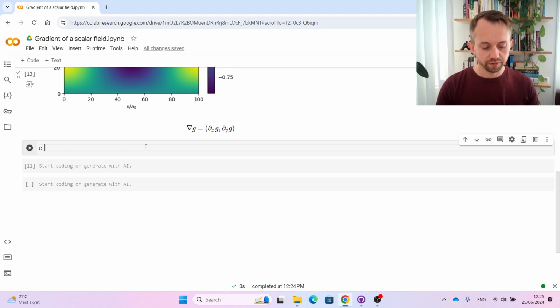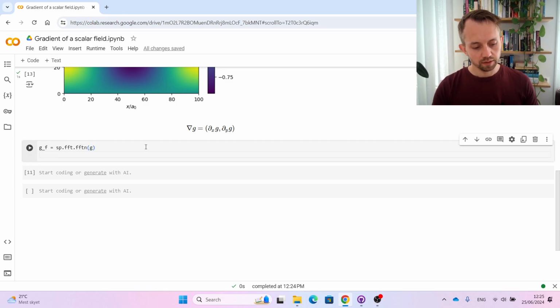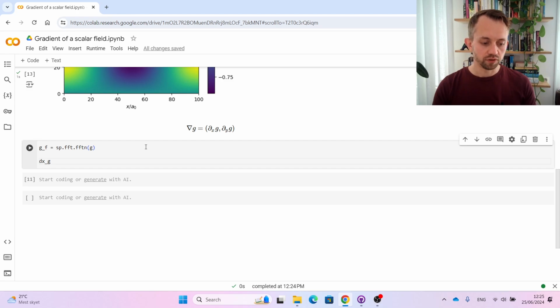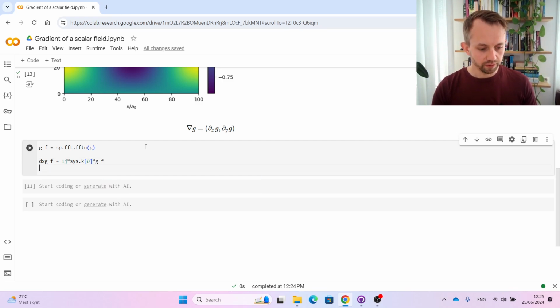So first of all, we need the Fourier transform of the g function, scipy.fft.fftn of g. And then we're going to calculate the derivative of the g function in Fourier space, which is the unitary vector multiplied by sys.k of 0 times gf, and then the derivative with respect to x becomes the inverse transform of that, dxg